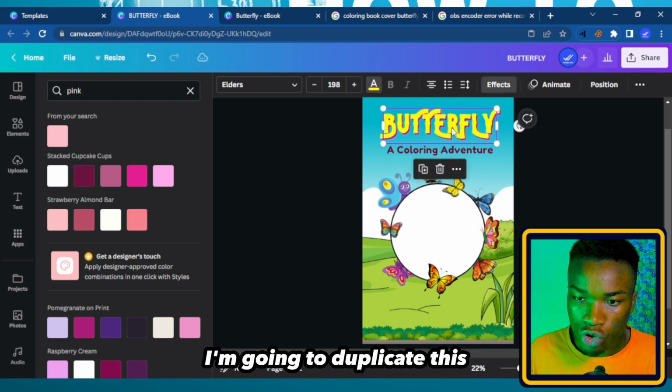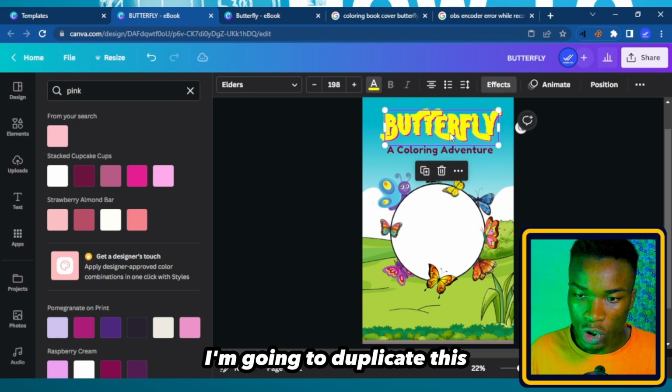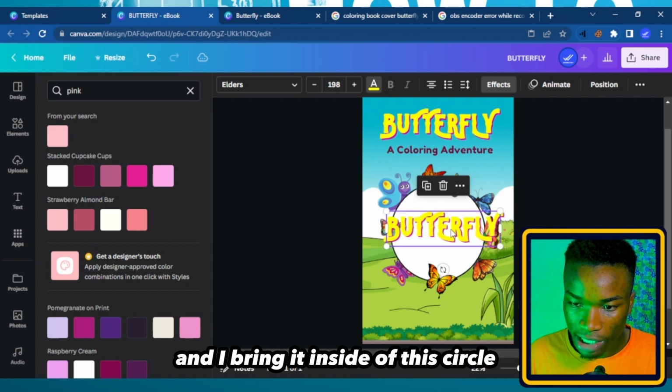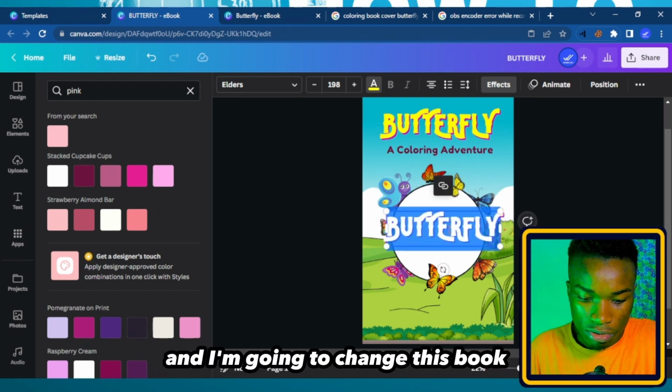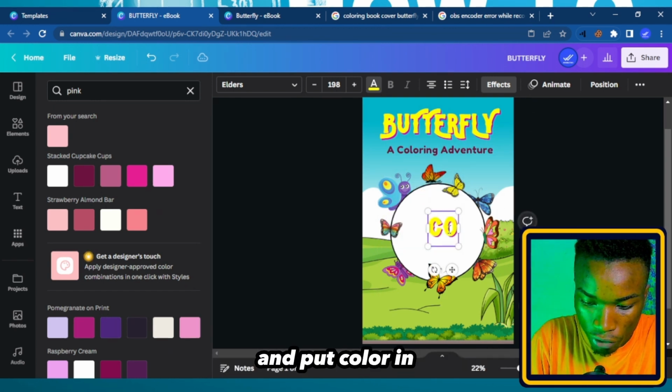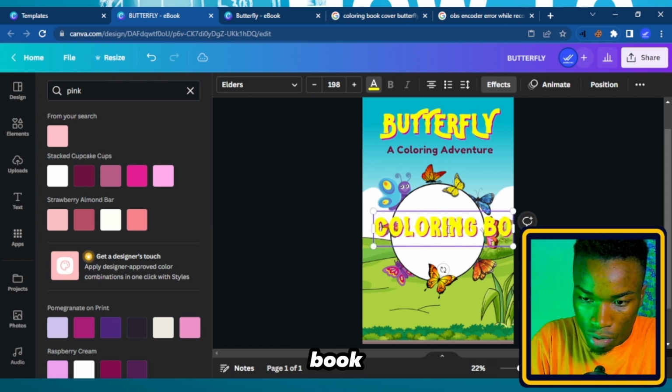So what I'm going to do, I'm going to duplicate this. I love this font here. I'm going to duplicate this, and I bring it inside of this circle, and I'm going to change this. I'm going to change this here and put coloring book